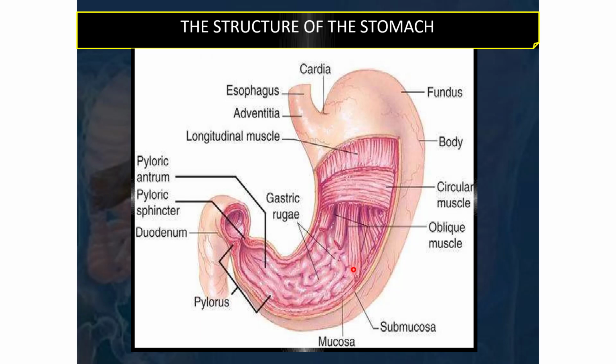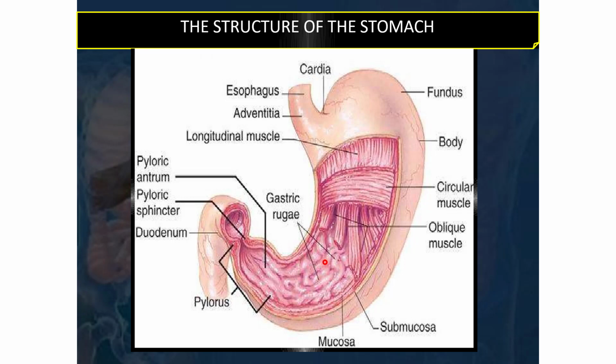stomach has been completed, then when the food is ready to be propelled into the duodenum, then only the pyloric sphincter gets relaxed under the effect of some hormones, and that is when the churned and partially digested food is propelled into the duodenum. So that is how stomach functioning works, and the stomach has